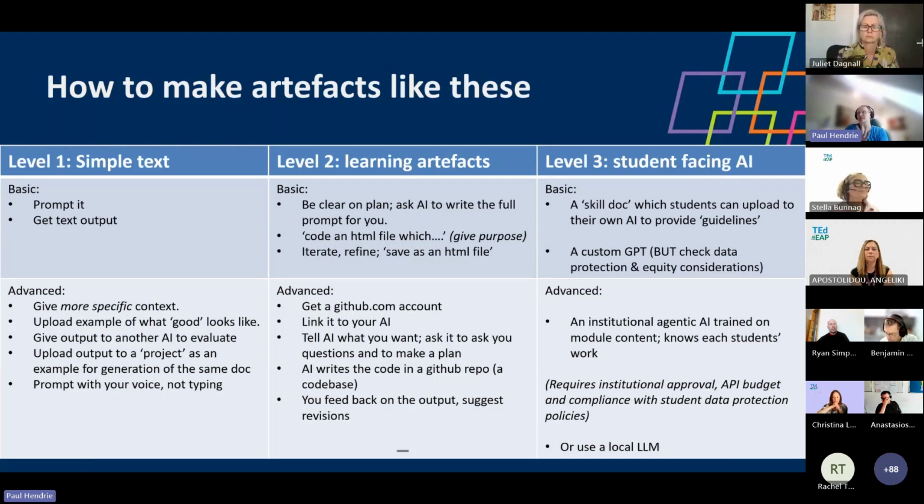Level 2, learning artifacts, is where you make these HTML files. Be clear on the plan. You ask it to write the full prompt. If you want that, you can just get it to make an offline file, code an HTML file, and then it becomes shareable. It's offline, and then you just iterate and refine it. If you want to do something more advanced,